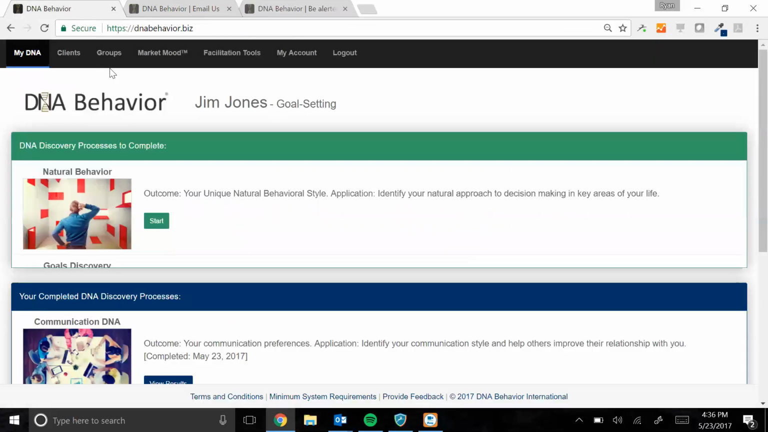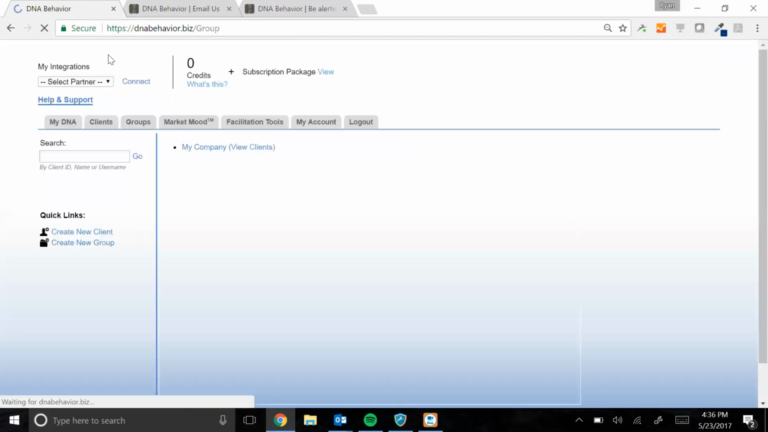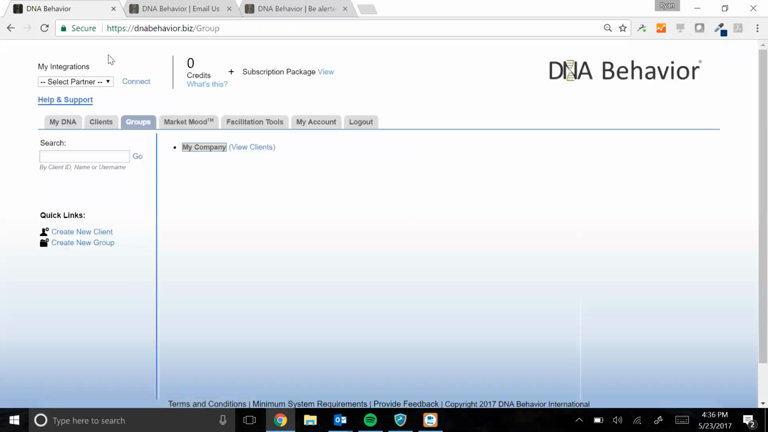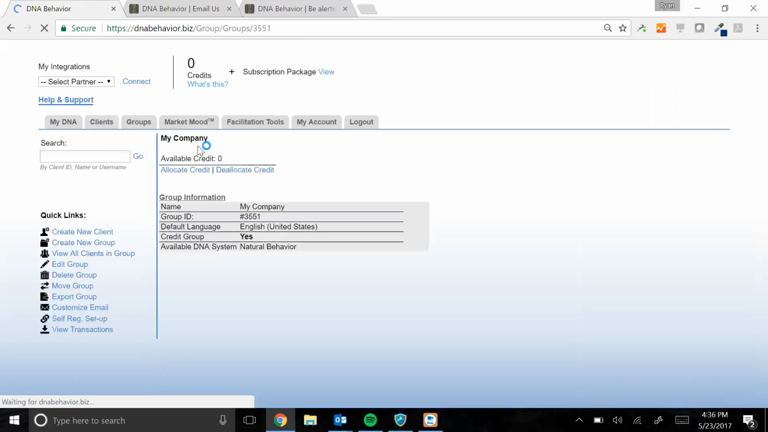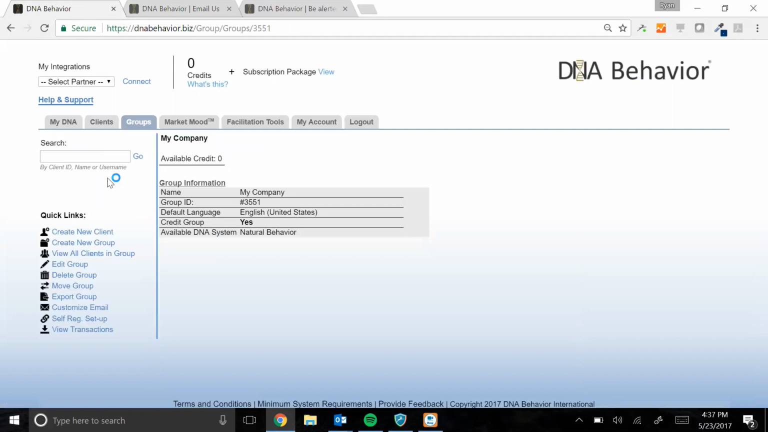To actually show you how to do that, log into your account and click on groups, which you do have to be administrator of the account to do. Once you click on groups, you will click on the top level group highlighted in gray, which is your company. Once that page loads for your group, you have several quick links over to the left. By selecting Edit Group,